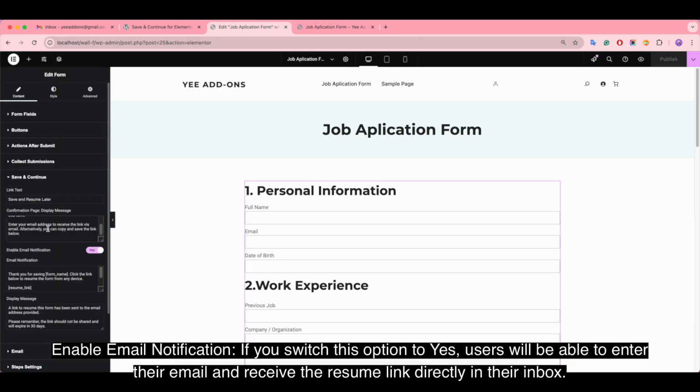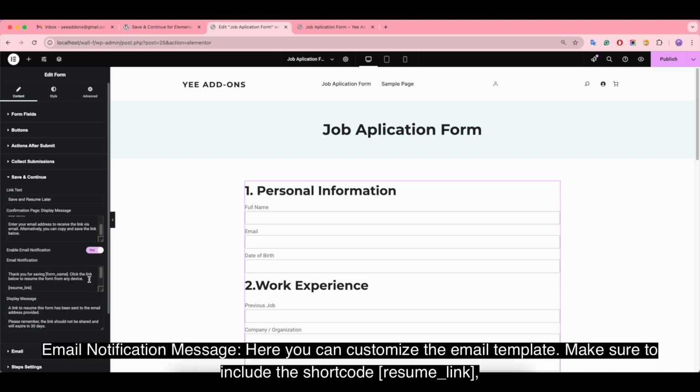Enable email notification. If you switch this option to yes, users will be able to enter the email and receive the resume link directly in their inbox. Email notification message. Here you can customize the email template.